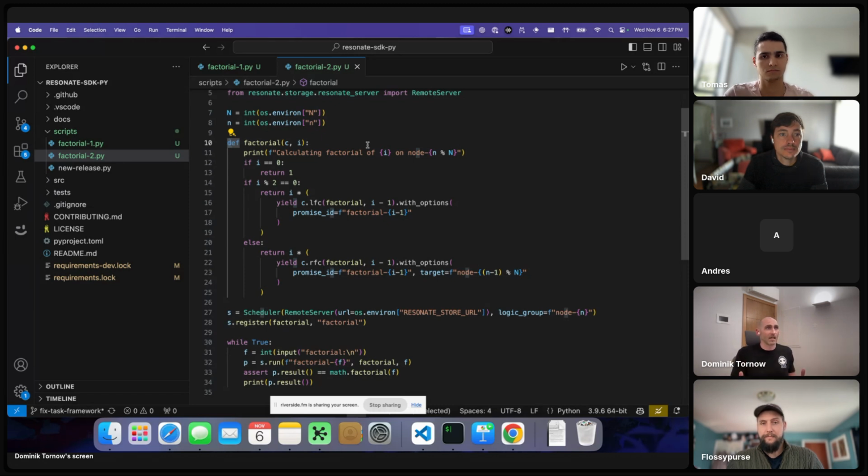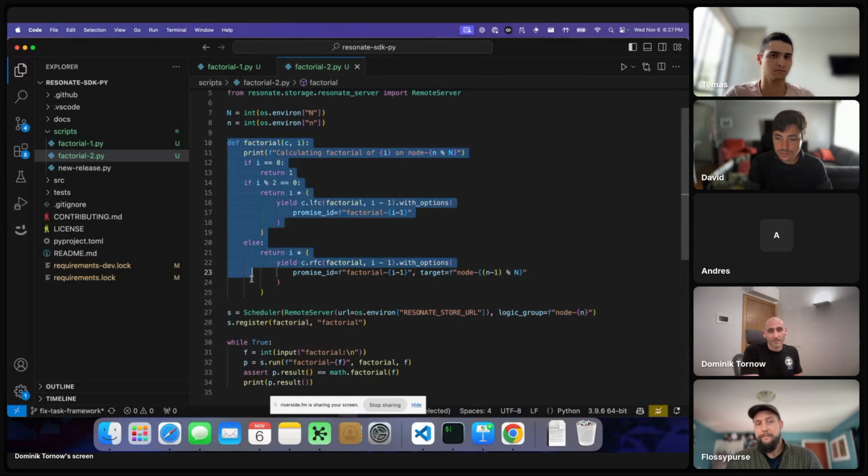So we're not trying to figure any of that out. That's why we give you two methods, LFC, RFC: local function call, remote function call. However, after that, it's the same, all right? The local function call returns a promise. The remote function call returns a promise. And you just await the promise. Whenever you want the value, you await the promise, right? So the semantics are unified. You decide where you want to run stuff, but afterwards the semantics are unified.